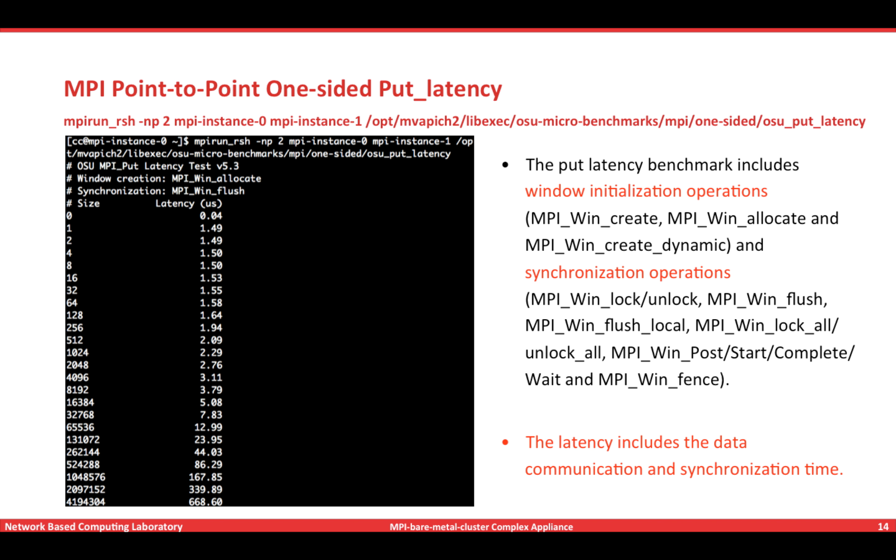Now let's take a look at MPI point-to-point one-sided communication. Here we use the OSU put latency benchmark to do the experiments. Similarly, this is the command of how to launch this benchmark, and then this is the output of this benchmark. In this benchmark, we include different window initialization operations because in the MPI-3 RMA